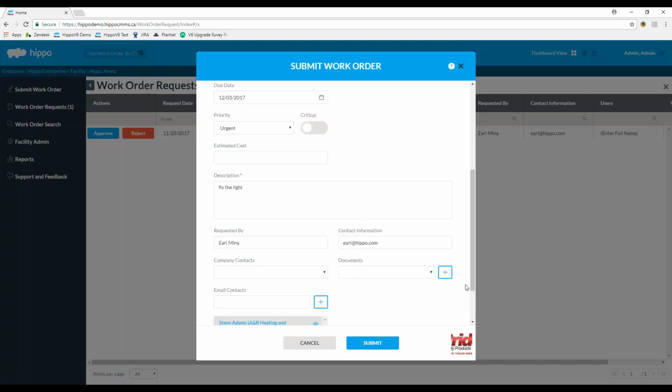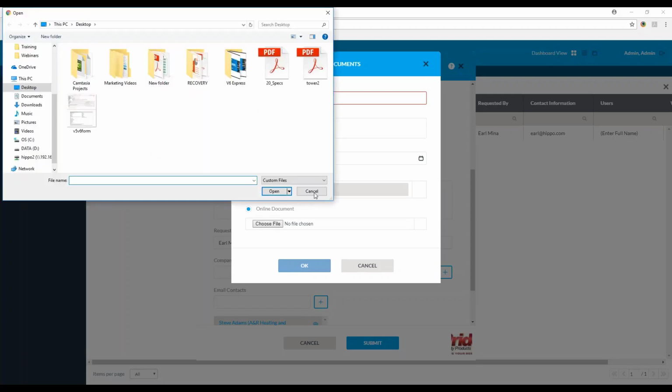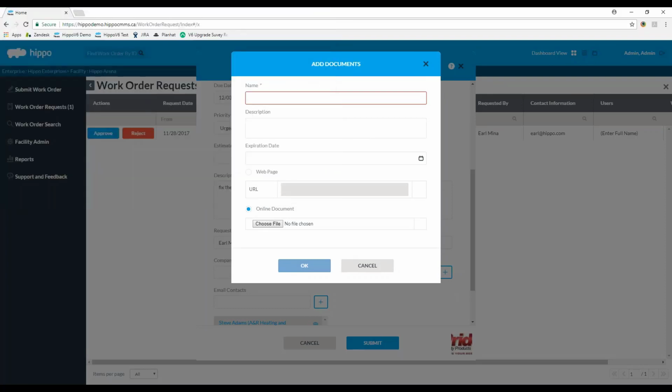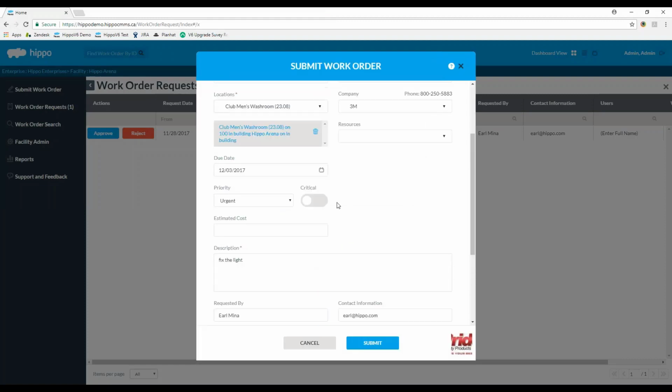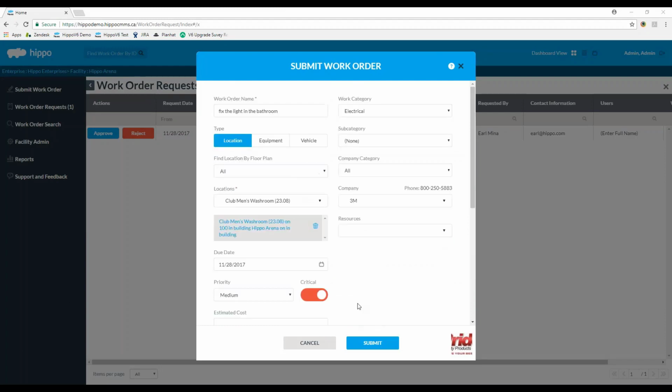There's options for adding documents. So if you've got a picture of that broken machine, that broken window, broken light, I can upload it right from my desktop. I can adjust due dates. So if this is medium, or if I change it to critical, notice that it changes the due date to be done immediately. And then I've got my requester information at the bottom of the form. So this I do not have to change. Now when I click submit,